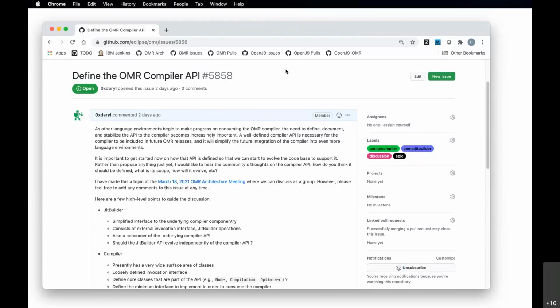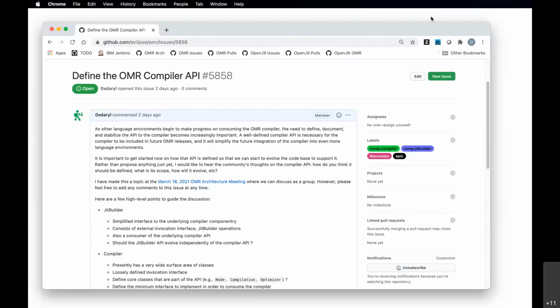Part of the reason for that is that it's particularly difficult to actually define what the API to the compiler is. So going forward, it would be very useful for us to have a notion of what that API looks like, how it is defined, how it is allowed to evolve, and how we expect people and other projects to consume it.